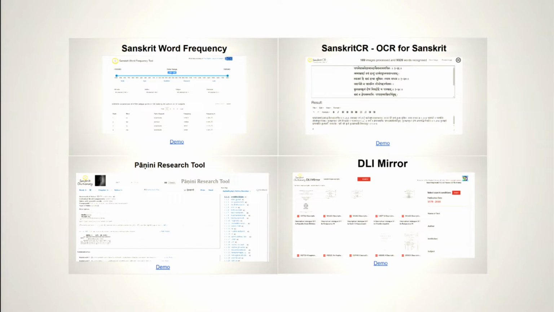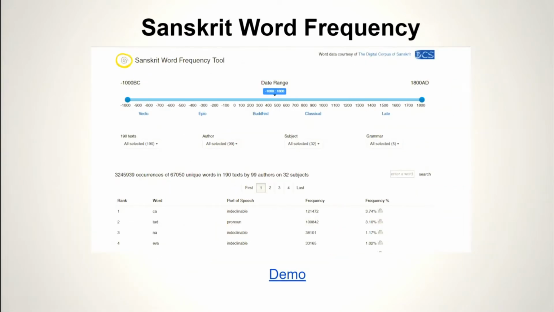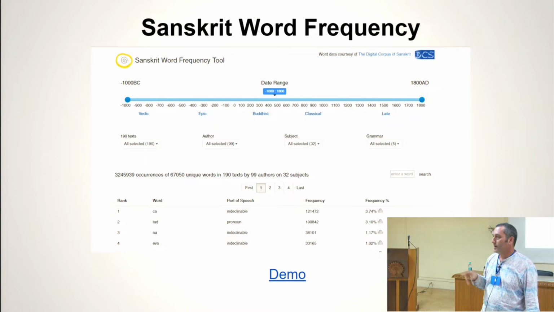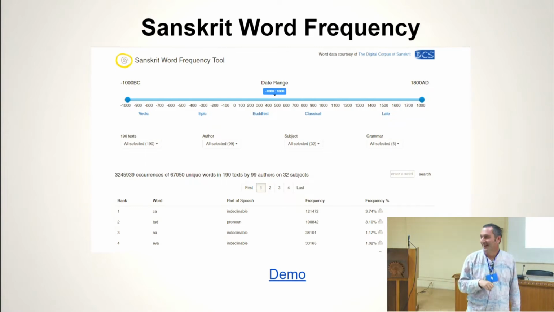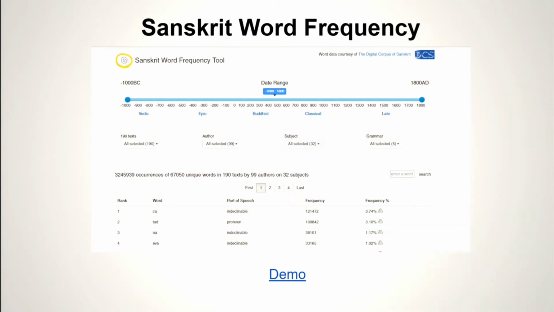number one was a word frequency tool for Sanskrit. I surveyed to see if there was one, and I couldn't find anything that had been published and available. Oliver Hellwig from the DCS had done elements, but he hadn't completed it. So we wrote some scripts in Python and extracted a snapshot of the DCS, which is in the public domain. That was 3.2 million words at the time, single-handedly done by one person. I think he deserves some kind of award if we have an award in the conference. Actually, it's up to 4-point-something million. So I don't know if he sleeps or not. So we extracted it, and then we